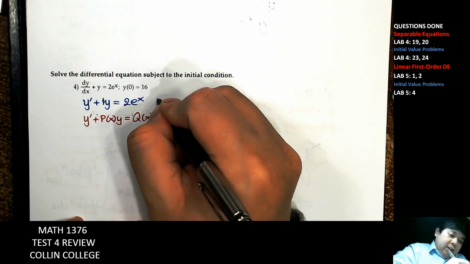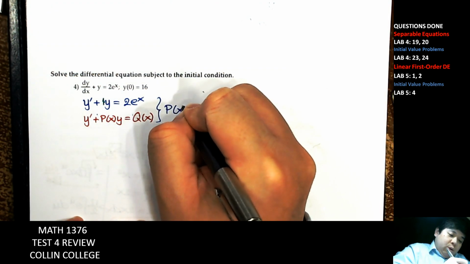So from here we have p of x is equal to 1,